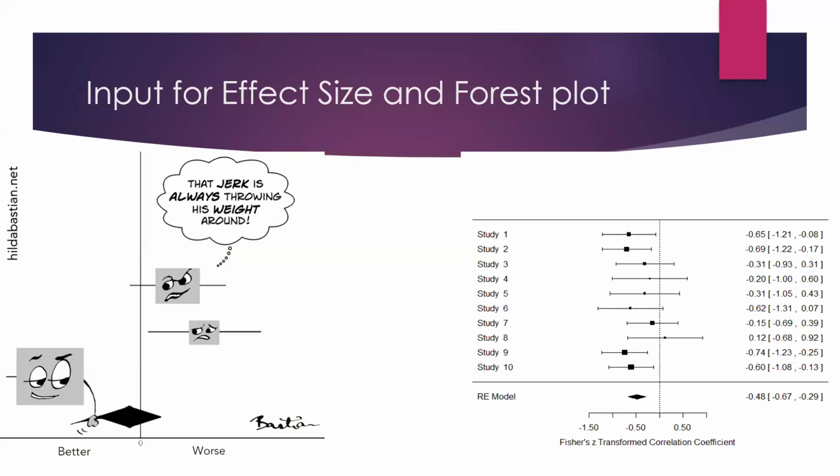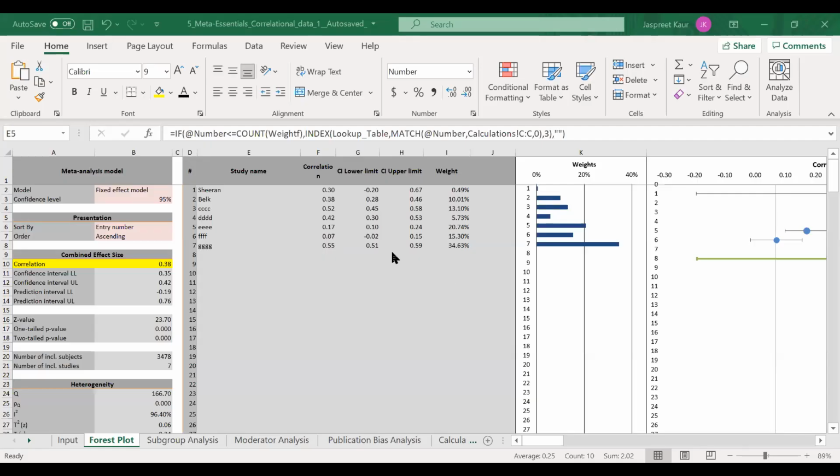It is the same with the students who are going to calculate the D value. The forest plot is going to be made over there also in D value. The weights are going to be assigned over there also. The weights are going to be given to higher sample size, even in the D value effect size. Now let me go to Meta Essentials and reconfirm if this is being done. And why do you think higher weights are assigned to studies with higher sample size? Because they are assumed to be very, very precise.